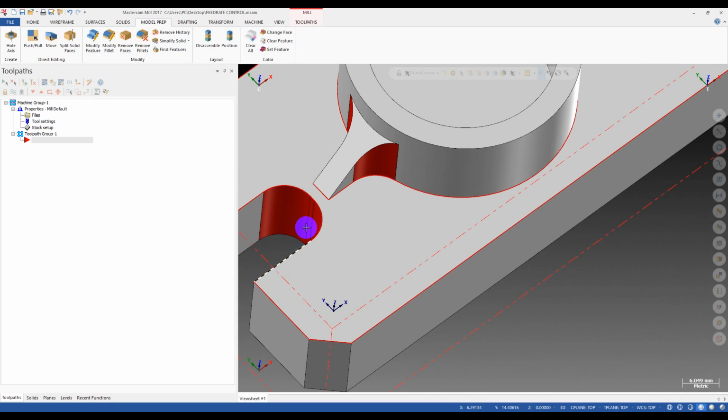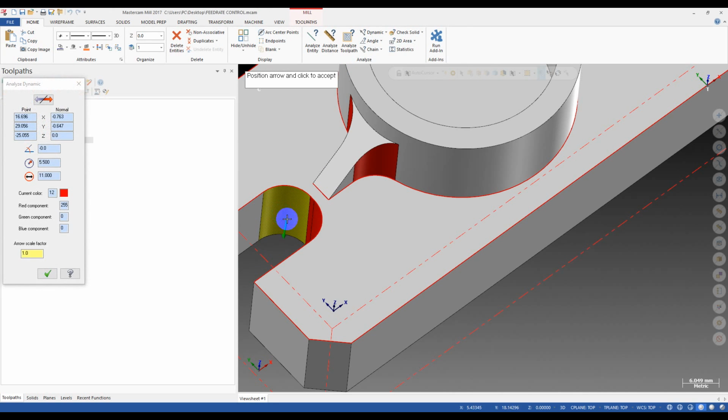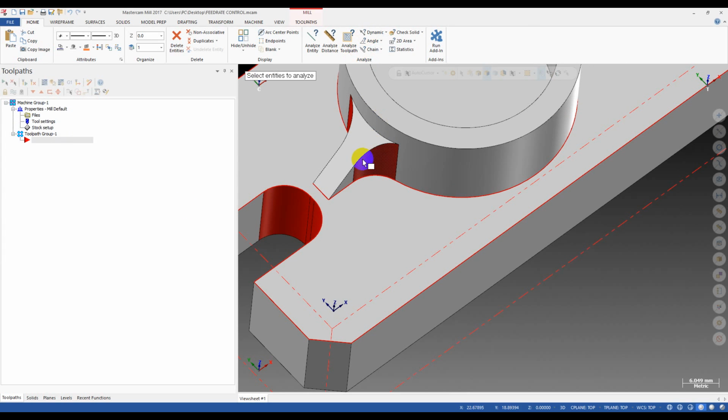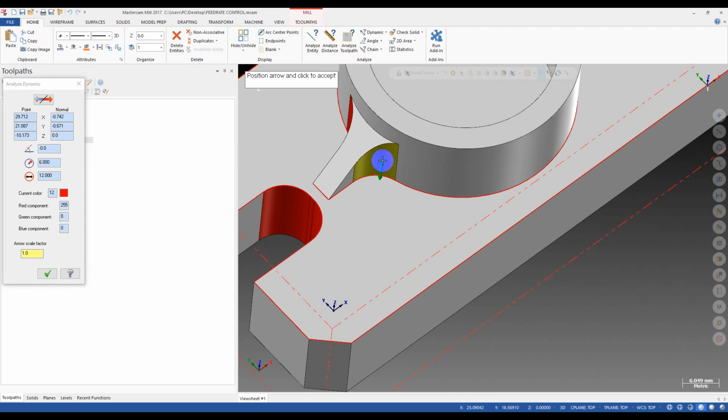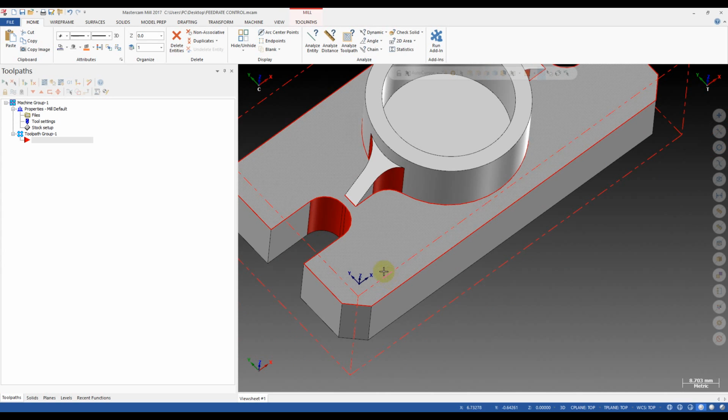For example, this one, I will check the radius of this corner. You can see the radius is 5.5 millimeter. And how about this one? We check it, and the radius is 6 millimeters. So I will use a tool which have radius nearly equal to this, so you can see how this function work. Okay,